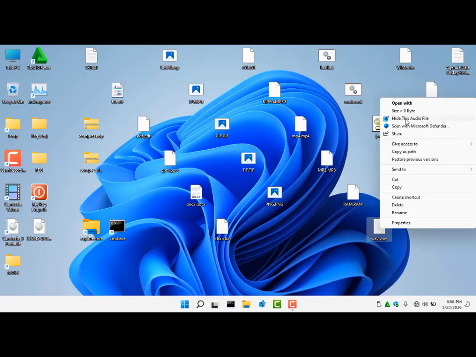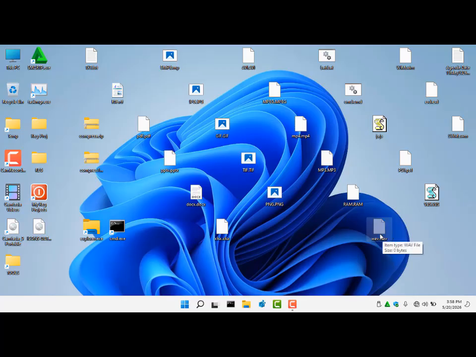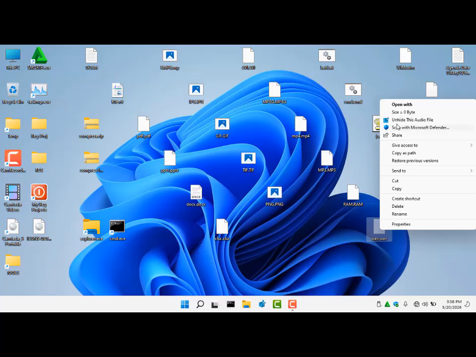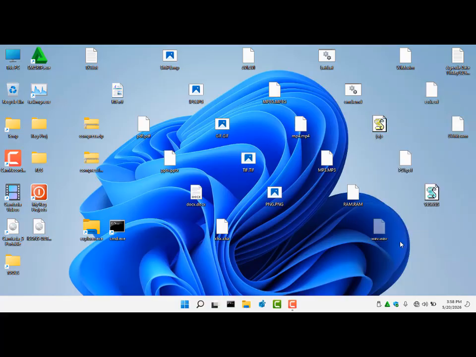So this is hide this audio file. If I unhide it, then right click on the same file, the hide is converted into, or replaced with, unhide this audio file. It means it became dynamic and efficient for Windows. So this is my vision for the next upgrade of Windows. I hope to join Microsoft as soon as possible to make a radical shift in the next Windows